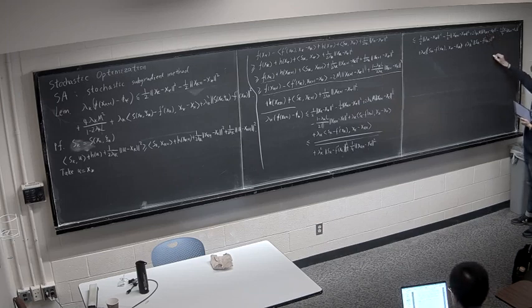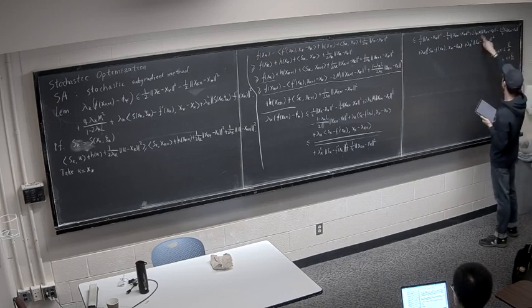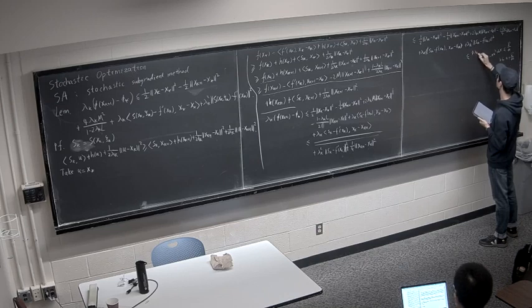It's like minus ax squared plus bx can be upper bounded by b squared over 4a. Right, so here it's just b squared over 4a. And these two are upper bounded by b squared, which is 4 lambda k squared m